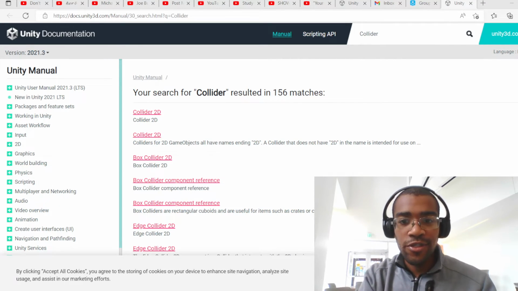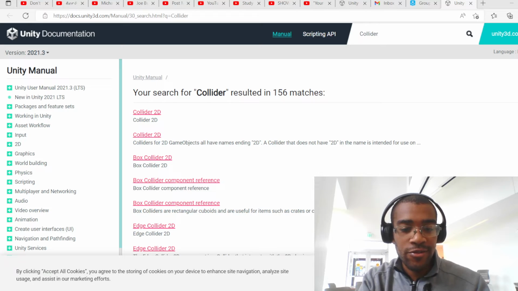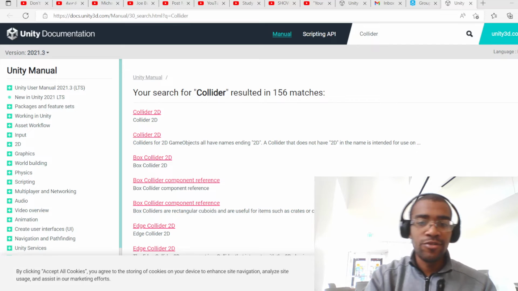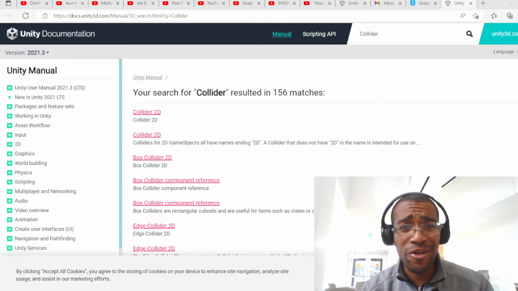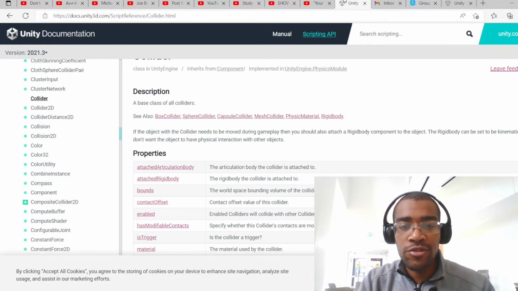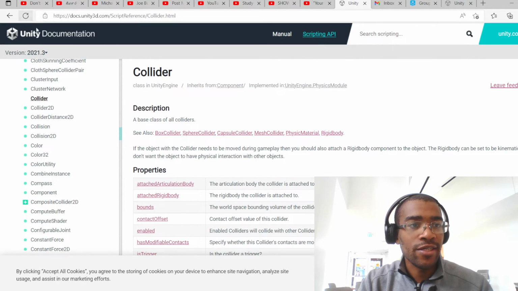So this is what you'll end up seeing when you search collider in there. I think the right name for it would be like box collider, sphere collider, because I think collider references 2D. But anyways, now you know. So you can go to Unity manual to do a quick search. I mean, it takes a little while, maybe a minute. Or you can also go to Unity API, and